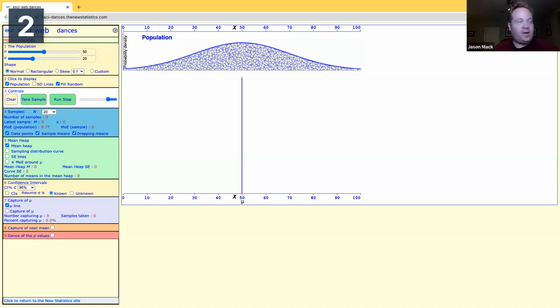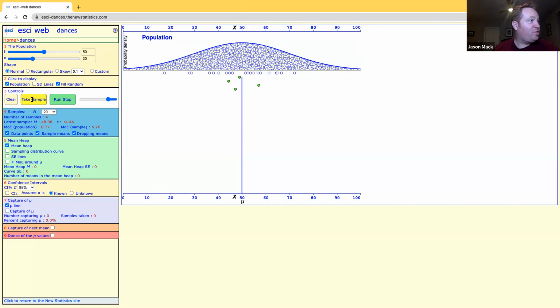All right, and one more thing to conclude this lecture. This, I think, is rather awesome. So we have the dance of the means. So we have any population, we'll say 50. We'll say we have a standard deviation of 20. Now, watch what happens when I take a sample. You see the green circles? That is showing when you take a sample of the population,